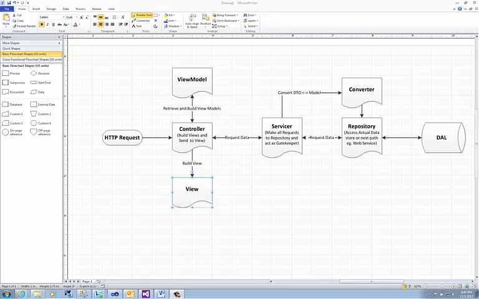You can do an MVC application with just these three modules right here: the view model, controller, and view. I don't recommend it. I started out with that, but I'm sure you can gather,